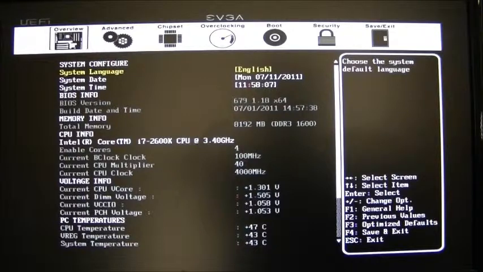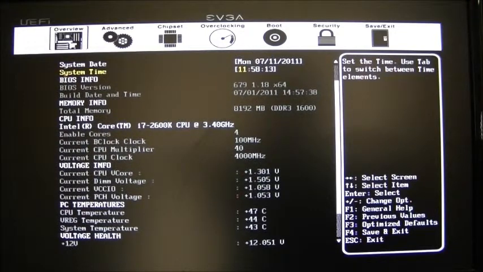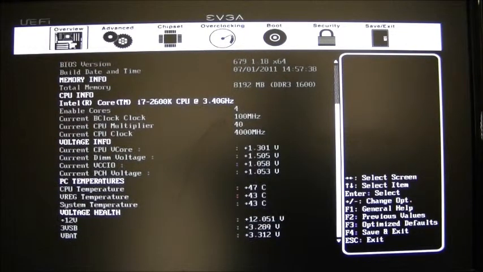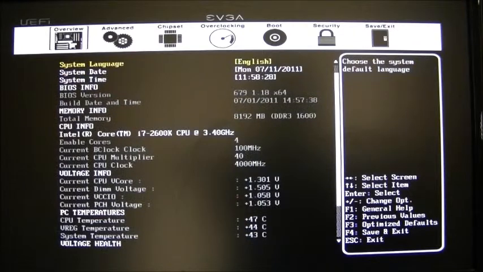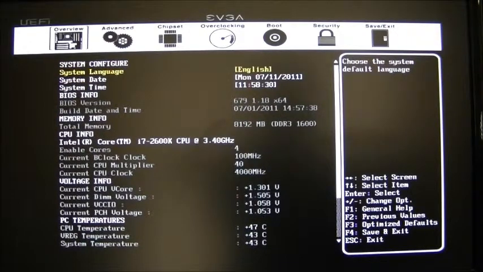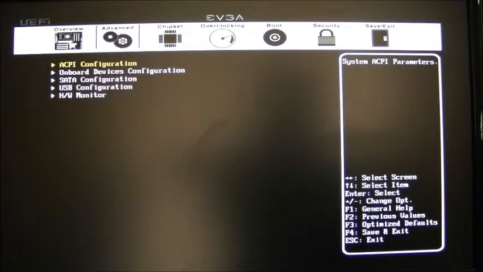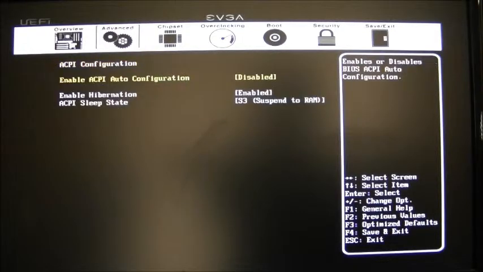And this is basically just a list of the standard settings like your time and date, and you also get some CPU information and also what your current speed is. As you can see, we've adjusted some of the voltages and the multiplier, and we're currently running a mild 4.0 gigahertz overclock. So we'll move over to the advanced tab, which is where you can set your ACPI,